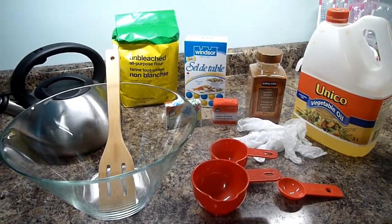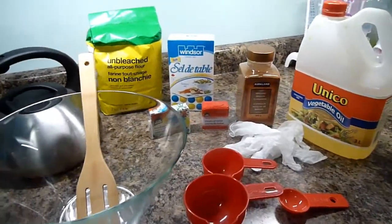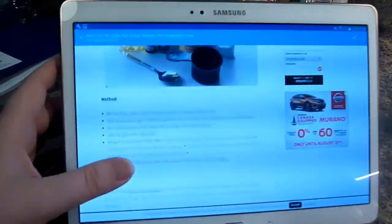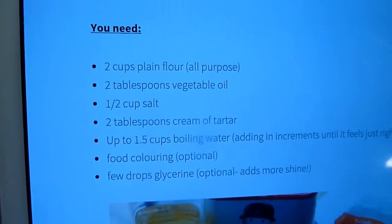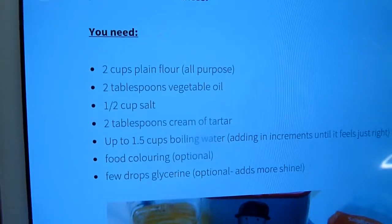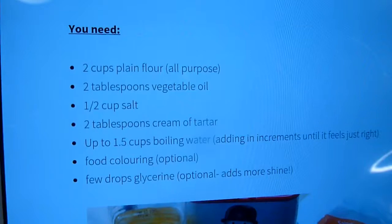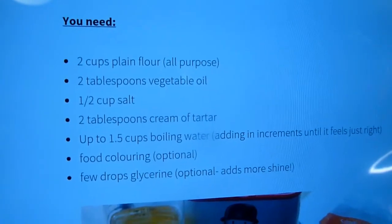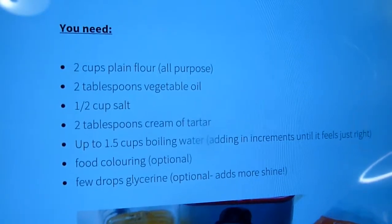So let's get started. We've got all these things here, and I've got my actual measuring ingredients over here. So let's put that back up there. You will need 2 cups of plain all-purpose flour, 2 tablespoons of vegetable oil, ½ cup salt, 2 tablespoons of cream of tartar, that's what preserves it, up to 1½ cups boiling water,